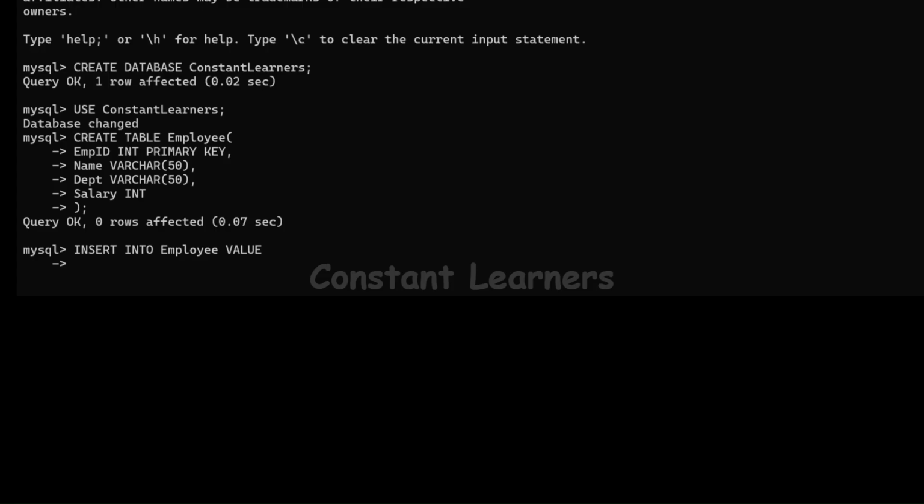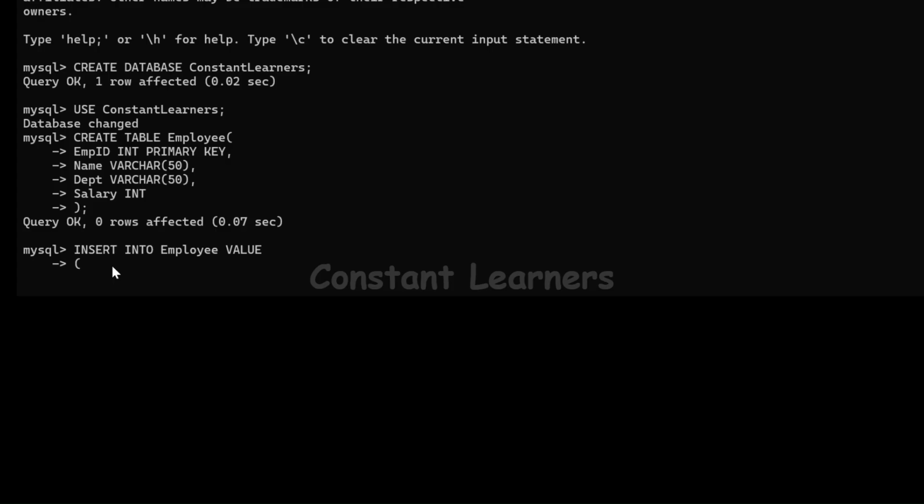Now for the first row, we are going to start with the round bracket. Now when we insert the values in each row, we have to go in sequence of our columns. Alright. So the first column we have is employee ID. Let's say the employee IDs are 1, 2, 3, 4, 5, 6. If it is 101, 102, 103, then we have to go like this.